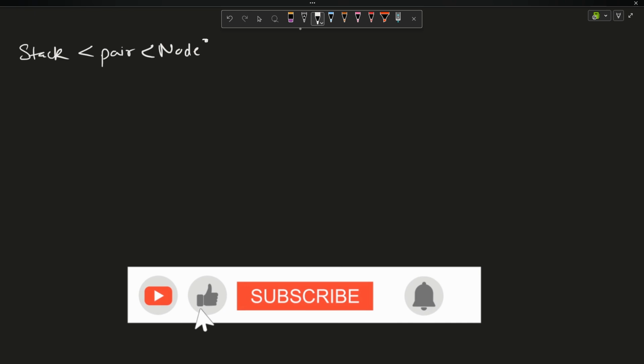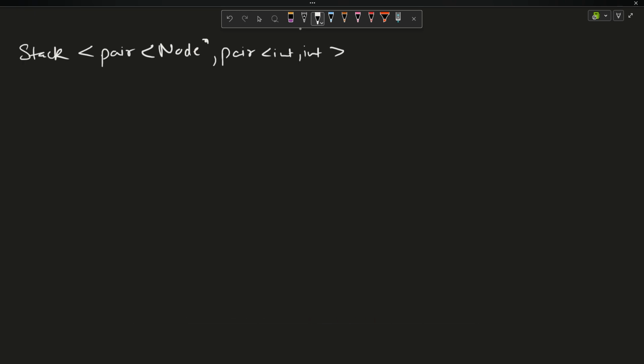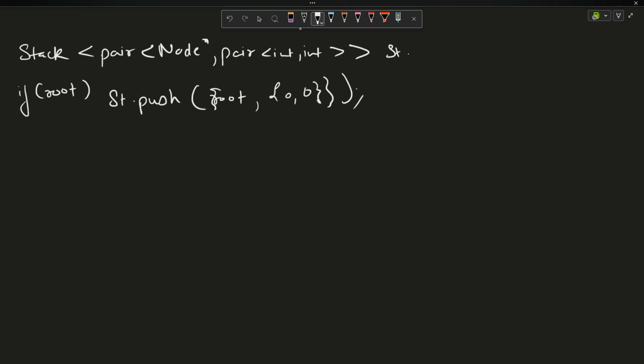In the stack, the first element is a node, then a pair of int comma int, right? Let's name it as stack. Now if my root is not null, in that case stack dot push, what do I push? I push root with 0 0, right? Now while my stack is not empty,